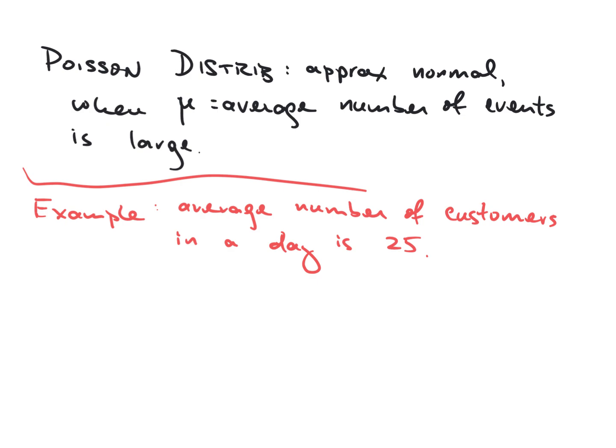Okay. What's the probability that in a given day I have fewer than 18